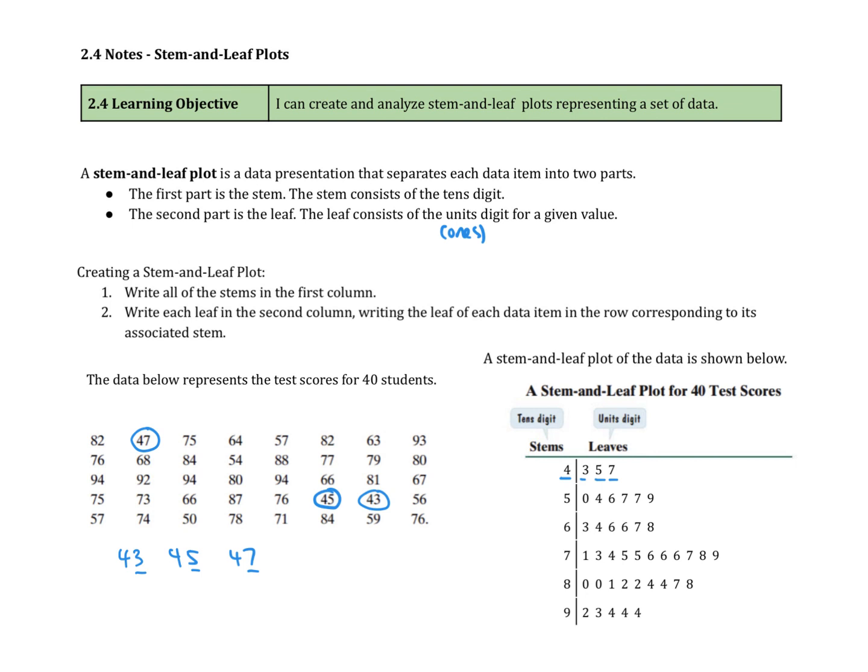Next, I would find my next group of tens. So after the 40s would come the 50s. So I'm going to find all the data values that are in the 50s. I've got 57, 50, 54, another 57, 59, and 56. So if I list those numbers in order, 54, 56, oops, I forgot 50,